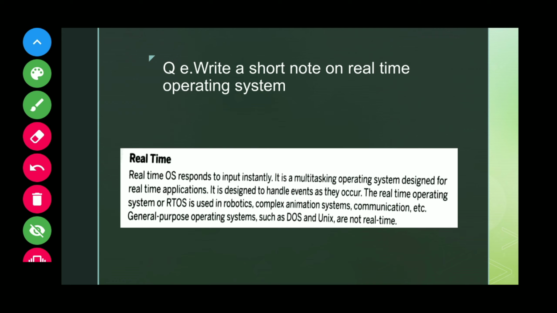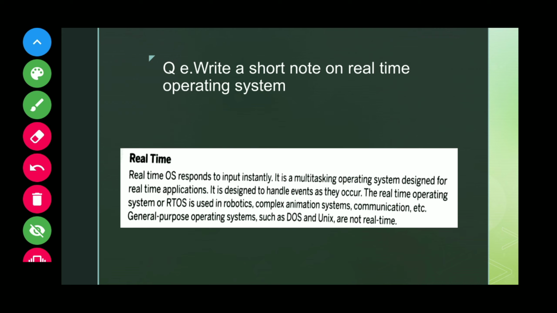ATM is also one of the best examples for this, where we find real-time information. Whenever we withdraw money, it is updated in a particular time period, and when we go to the reservation counter, they are also using a real-time operating system.